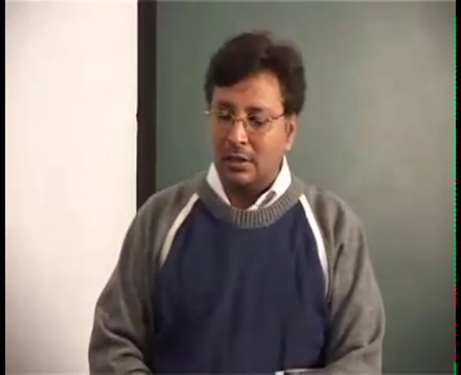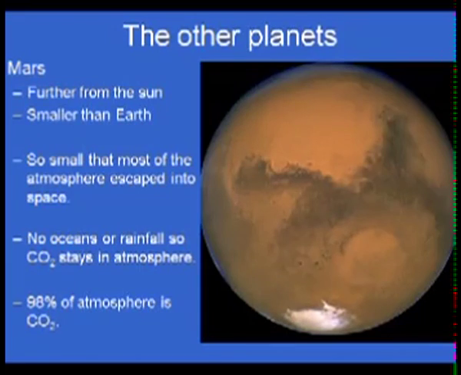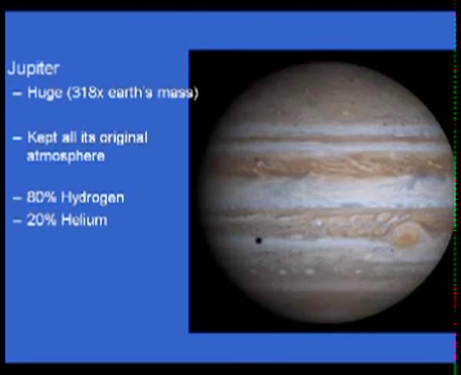This also is Mars, a little cooler than Venus, but it's smaller than Earth, so small that most of the atmosphere escapes into space. There are no oceans or rainfall, so CO2 stays in the atmosphere. 98% of the atmosphere is CO2 there. Now we know Mars much better than what it was before. So again, there is no hope there, and Jupiter is unchanged,